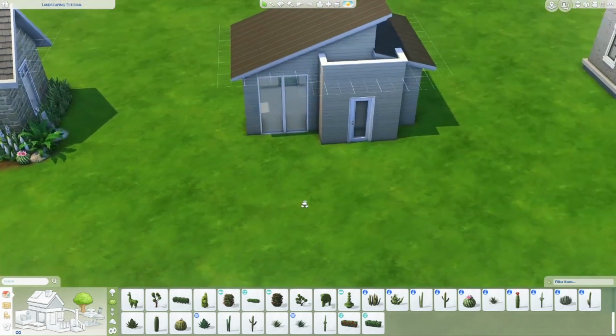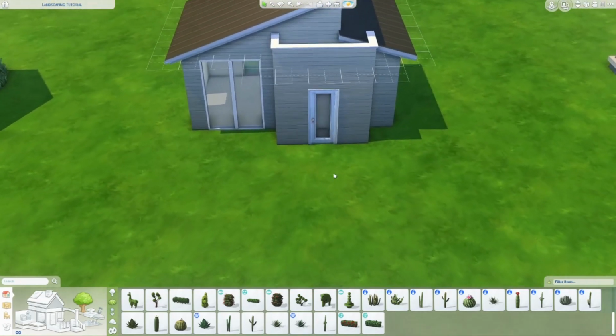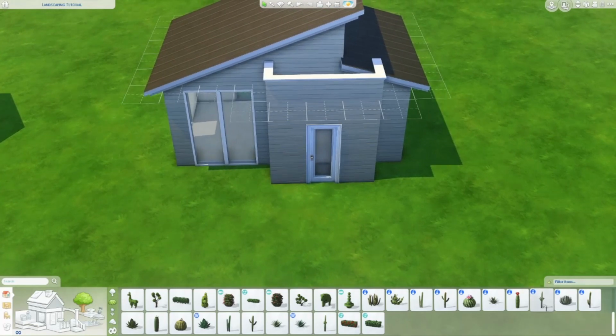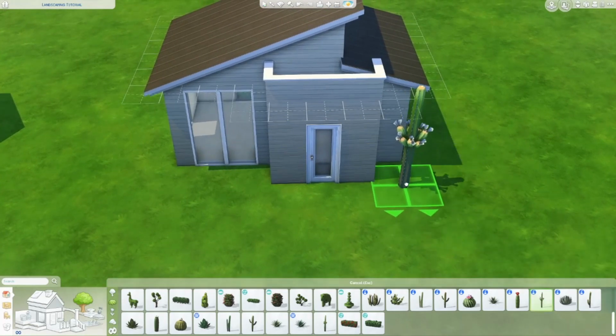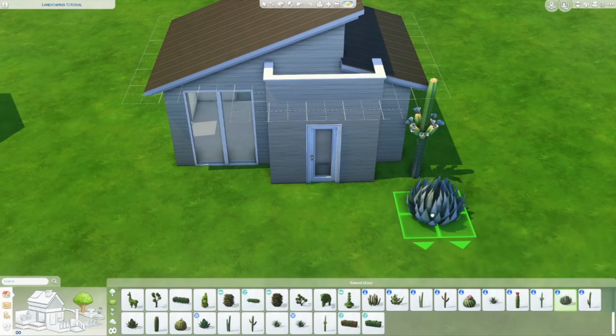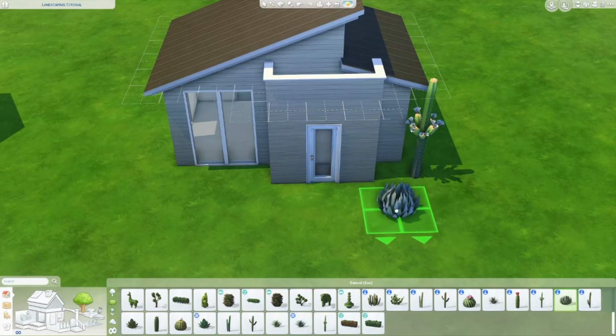Okay, so let's come over here. So this house is more modern, and I'm gonna do like a desert landscape. So we'll do something a little bit different with this one. So this one, I definitely want to use a lot of the cactus from the Strangerville pack. So I'm gonna use this cactus because it's really pretty, and I love this one. So this one